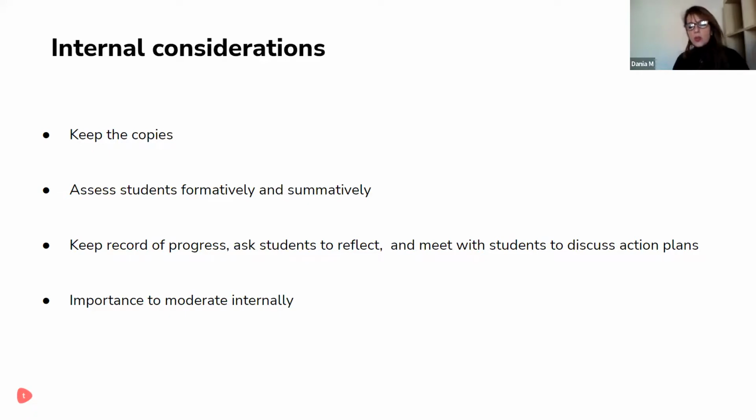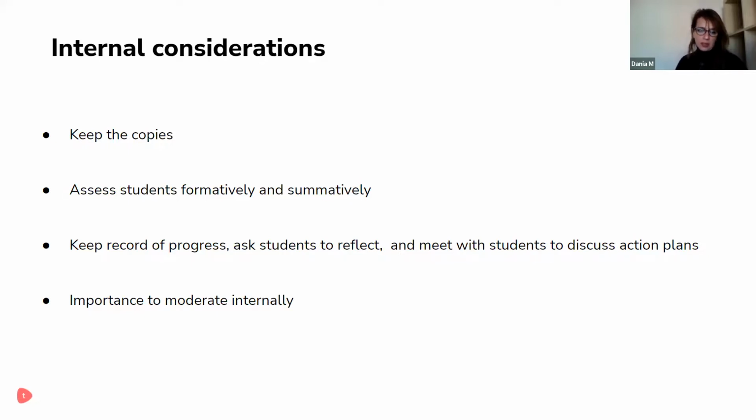And when you see that there are some weaknesses they highlight, or they're a bit lost, or they want advice, meet with the students, discuss their weaknesses or their plans for improvement, and encourage them in a certain direction. Tell them what they need to focus on. It's okay, they need guidance. These students are learning and growing, and so your advice throughout the process, your encouragement, your support will really be